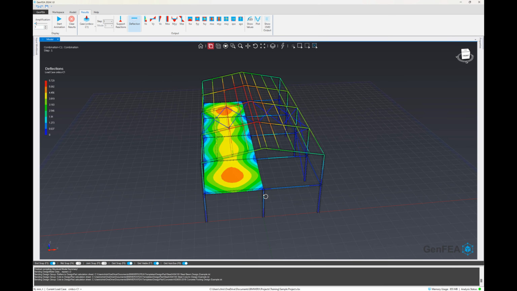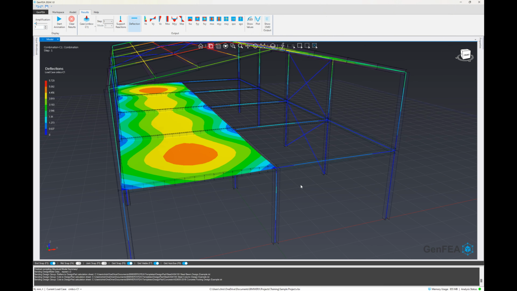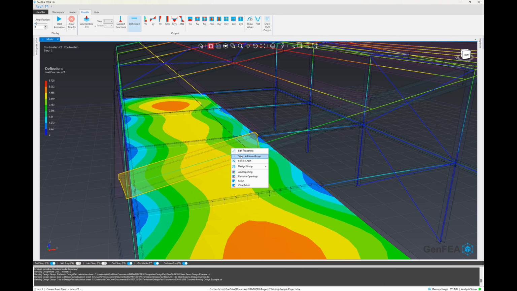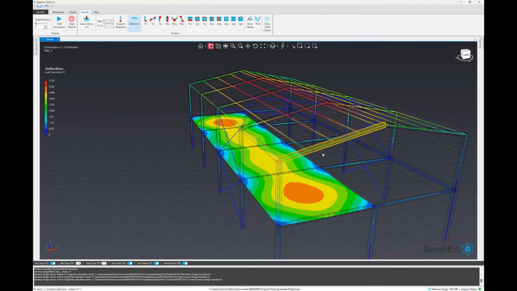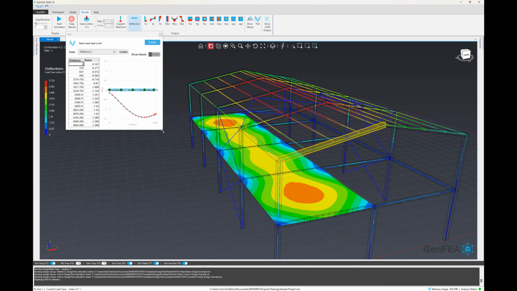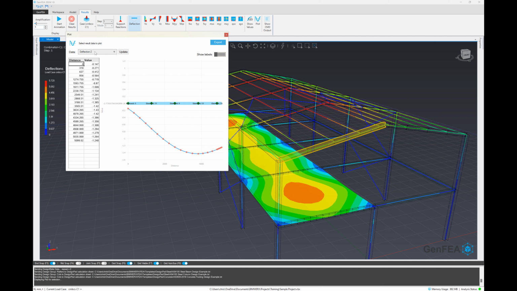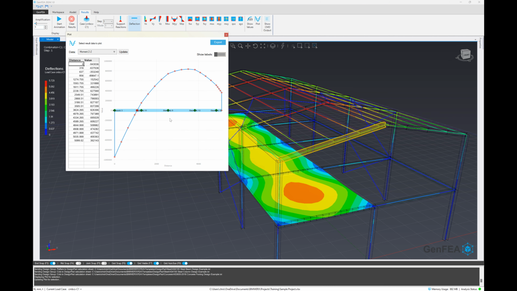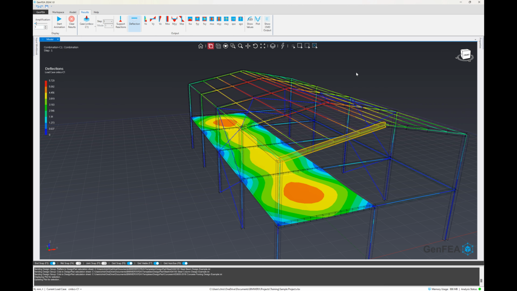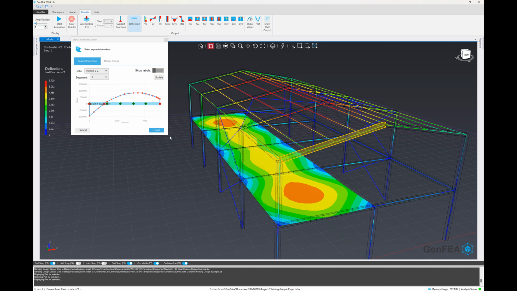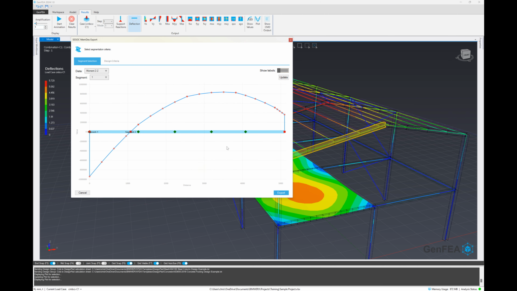Let's look at some of the other extensions within GenFEA, and there will be more to come in the future. But we can also connect our design elements by selecting the chain of elements and looking at the results plot view. We can see the output values and the plot view, but we can also send this to other design modules. In this example, we're going to send it to the Structural Engineering Society of New Zealand's MEMDES application. We developed this in collaboration with the developers of MEMDES, and what this does is it gives us that